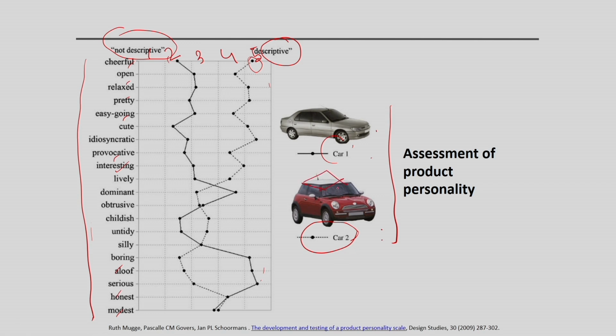Maybe this dimension matters a lot, maybe it is not cheerful, while if you see this one, this is cheerful. Once you change the visual attributes of the product, it will influence the personality the user is assigning to the product. Once you can scale or assess the attributes, how they are assessing this product,